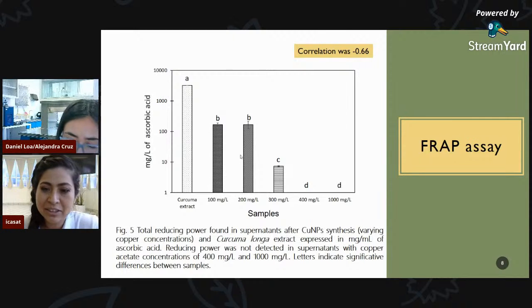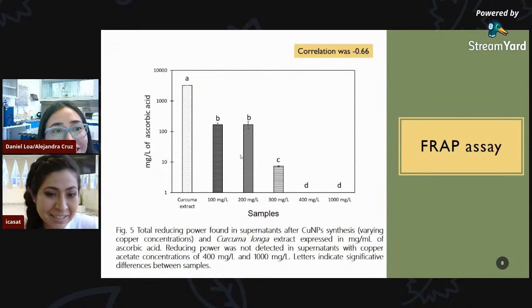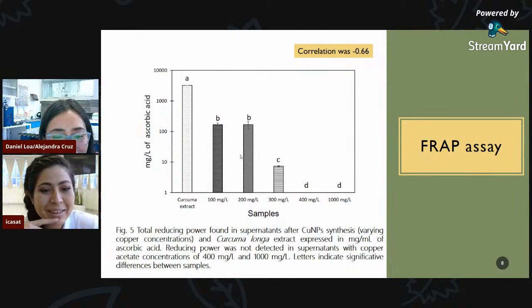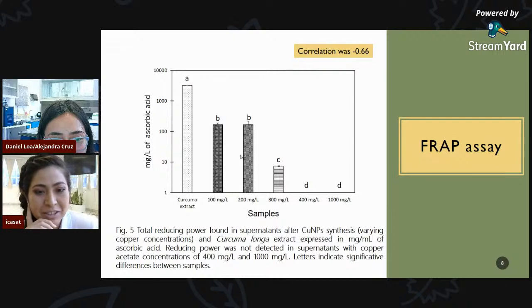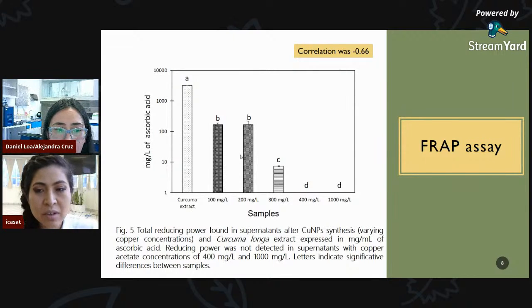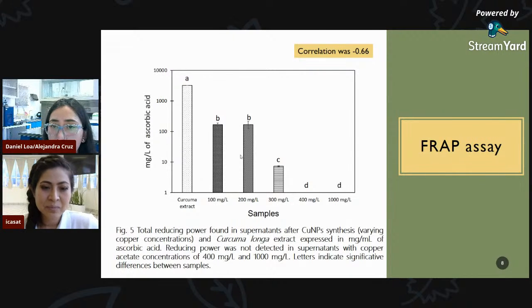Okay, very interesting. And the other one, yes. The other question is how much time does the whole process cost? How much time do you spend doing all this process from the drying to the synthesis? Well, in this case, the drying process was the longest period of time. It took around a week, more or less. And after that, synthesis was pretty quick. We got all of the synthesis in 15 minutes. That's one of the advantages of green synthesis, that it can be done almost immediately.